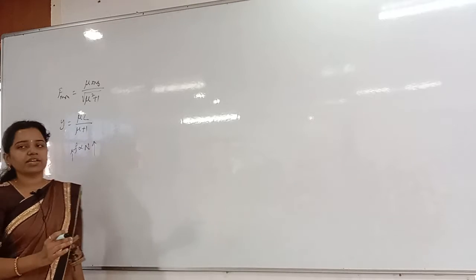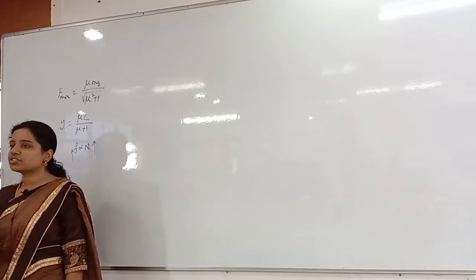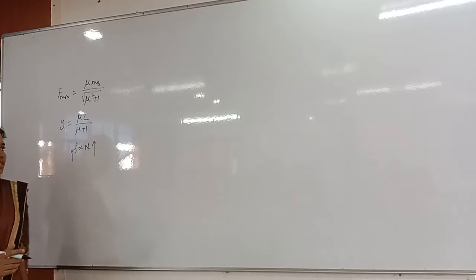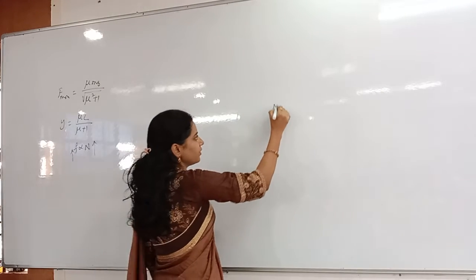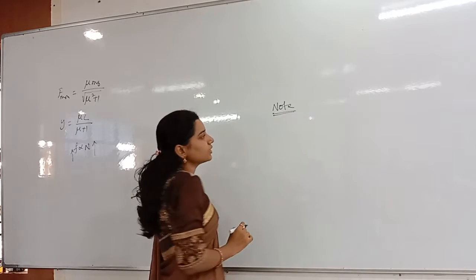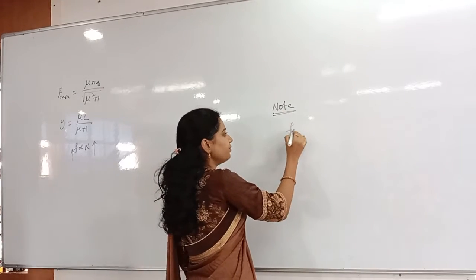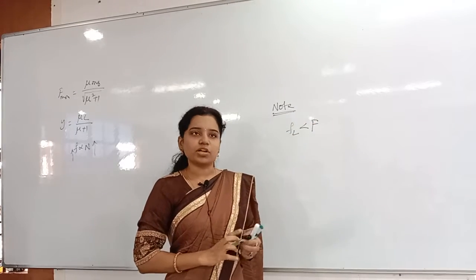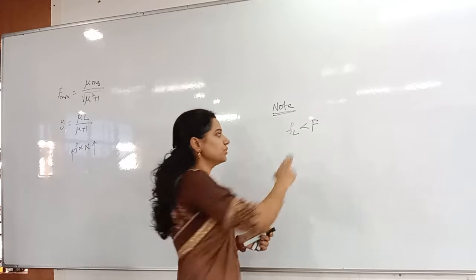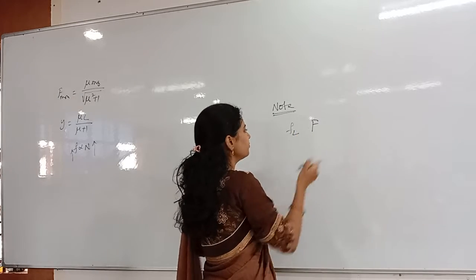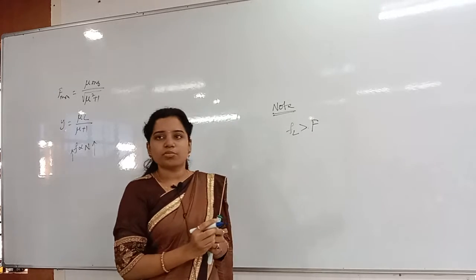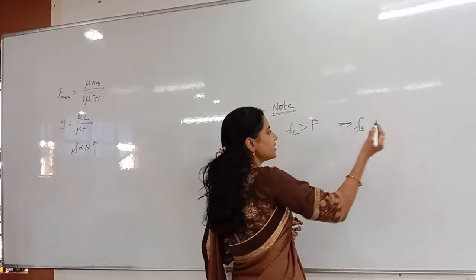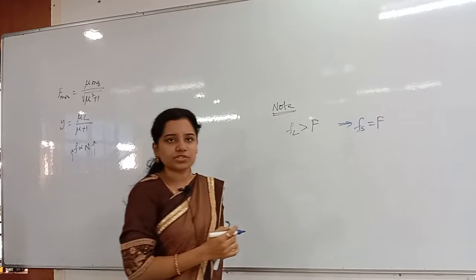Mainly, for doing each and every problem, what do you have to do first of all? First and foremost, you have to check the limiting friction. Whenever you check the limiting friction, I will tell you the shortcut method for that. If the limiting friction is less than the applied force, then what happens? Body will move, sir, or will not move, sir? It will move. If FL is greater than F, the body does not move, so at that time what will be there for us? Static friction will be there. That static friction is always equal to the applied force.